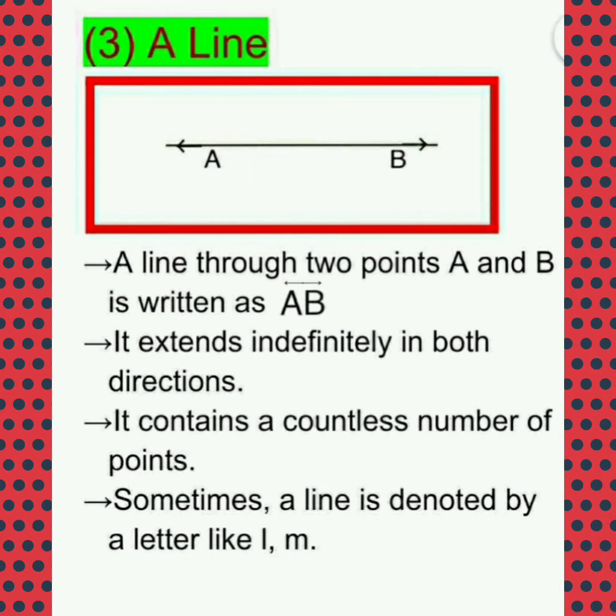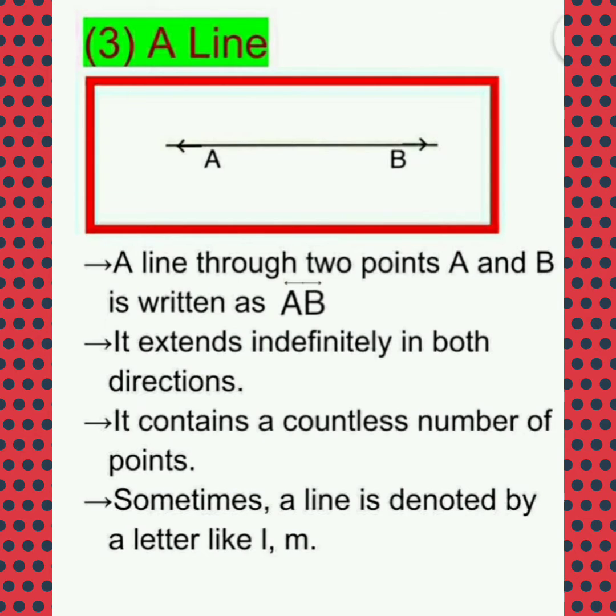Now what is a line? We have already drawn a line segment AB. Now try to extend the line segment in both directions indefinitely. So it contains a number of points. The line is extending to both sides. There is no end. These 2 points determine a line and the line is extending to both sides.